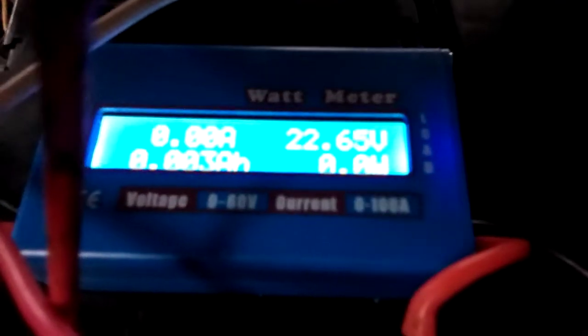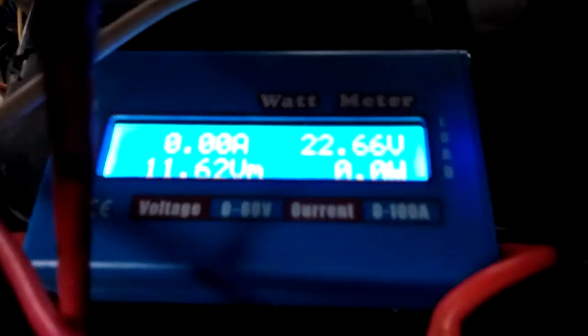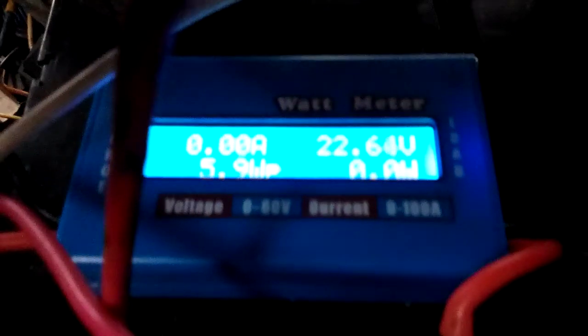I've got my monster running here and it's still hooked up the way it was before. A lot of wires, but you guys get the picture here. Okay, now I've had this thing running and idling for a good little while. What I've done, just as an experiment,